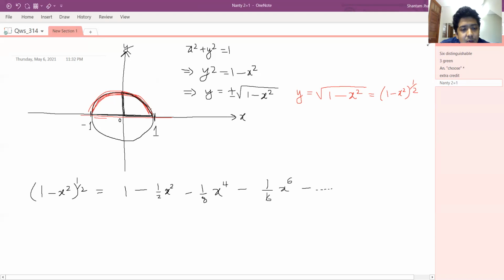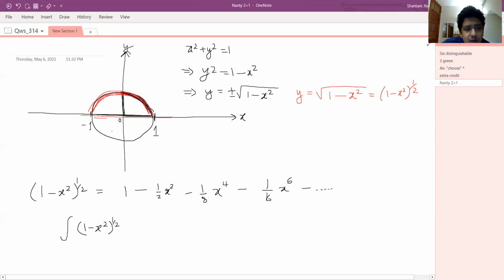So what he showed using calculus is that when you integrate this function, which has the representation square root of 1 minus x squared, which has the representation 1 minus x squared to the half,